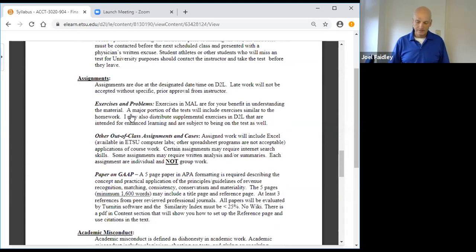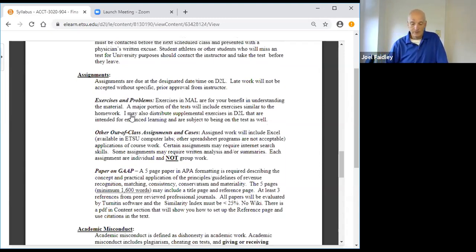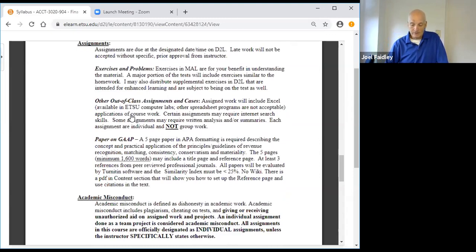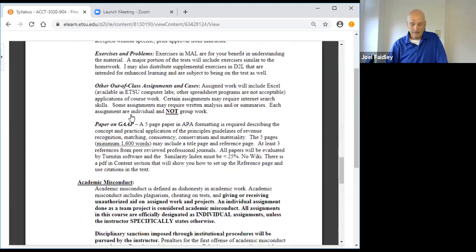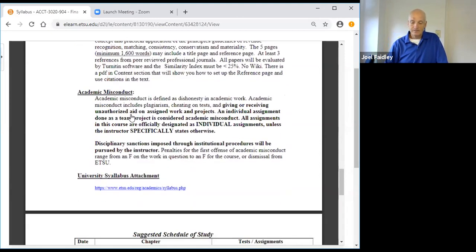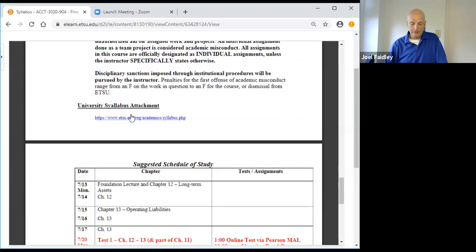Again, I don't need to read this to you, but make sure that you don't plagiarize, and that you give credit when you paraphrase or directly quote something. Turnitin software is very good at catching folks who make mistakes or intentionally decide to use someone else's work as their own, which leads to the academic misconduct section that you can read on your own.